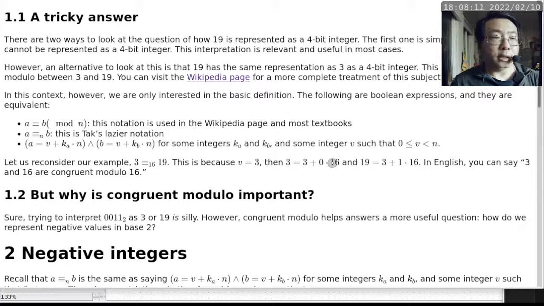What about 19 plus 16, 35? So 35 is not congruent modulo 16 with either 3 nor 19, because if you want to express 35,